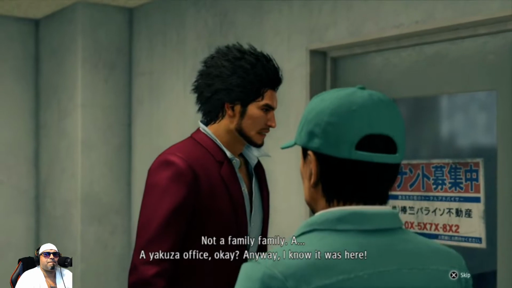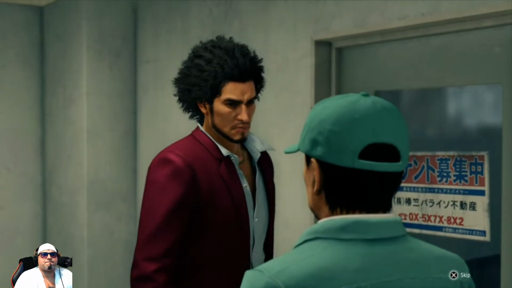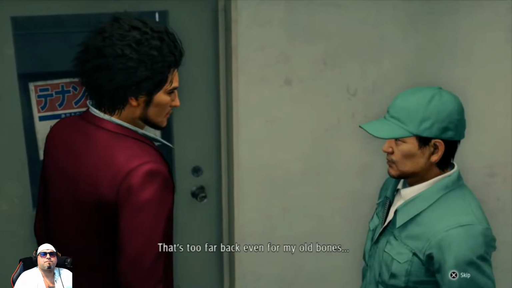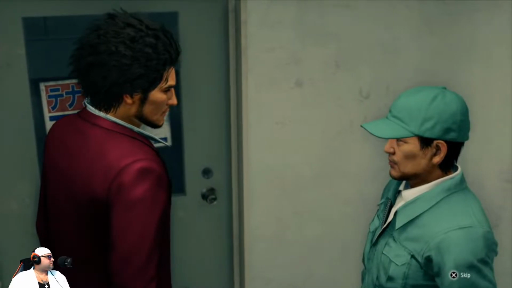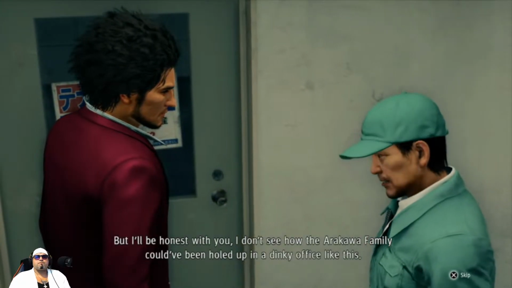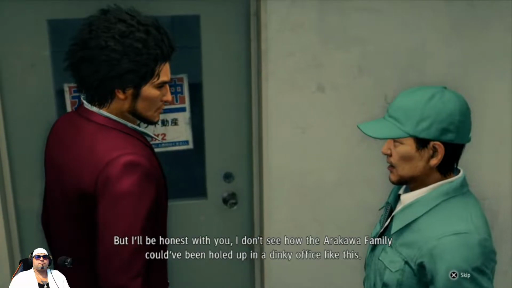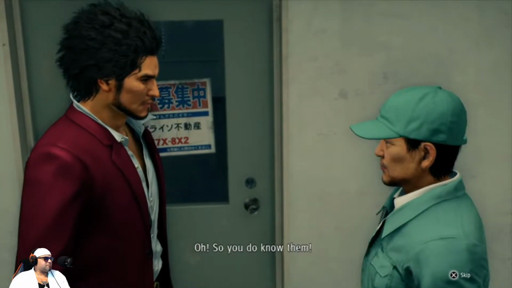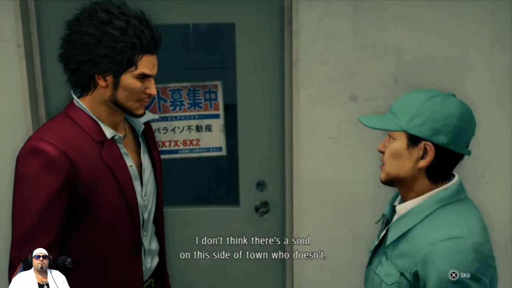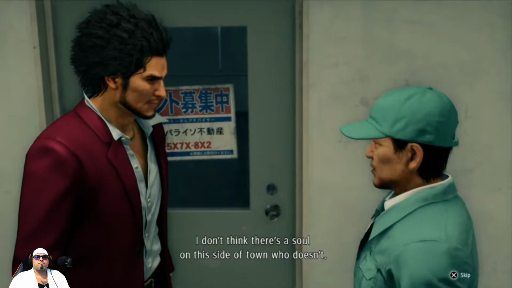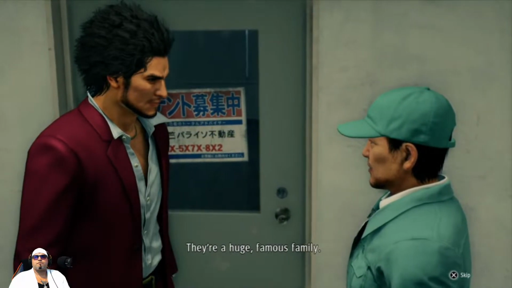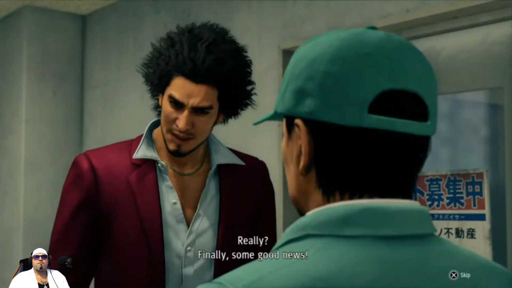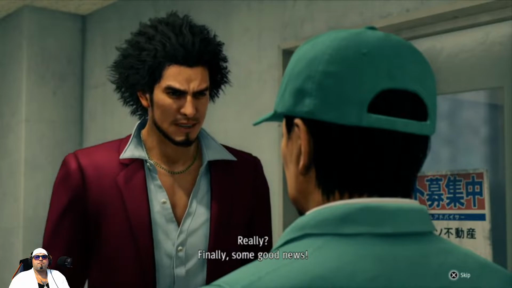Yakuza office, okay? Anyway, I know it was here. That's too far back even for my old bones. But I'll be honest with you, I don't see how the Arakawa family could have been holed up in a dinky office like this. Oh, so you do know them? I don't think there's a soul on this side of town who doesn't. They're a huge, famous family. Really? Finally, some good news.